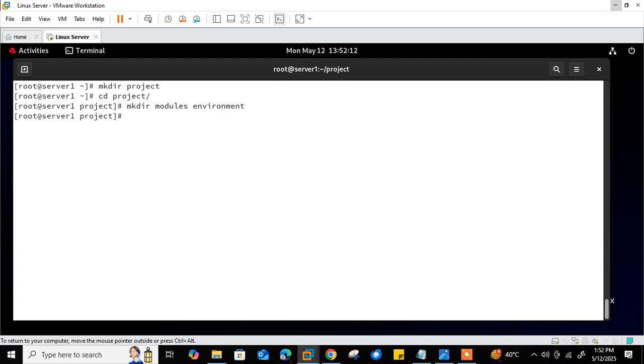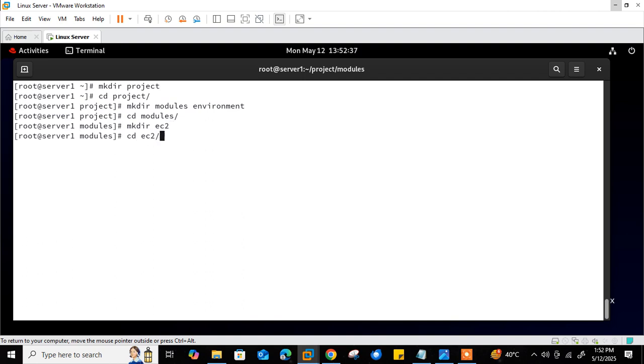So here I create my project folder, and inside that one I create a modules folder, because Terragrunt relies on modules, and a second folder which represents my different environments. So let's go with the module first and try to make complete configuration files: main configuration, variable configuration, and output configuration. So I'll go to the modules folder and here I make a new folder named EC2.